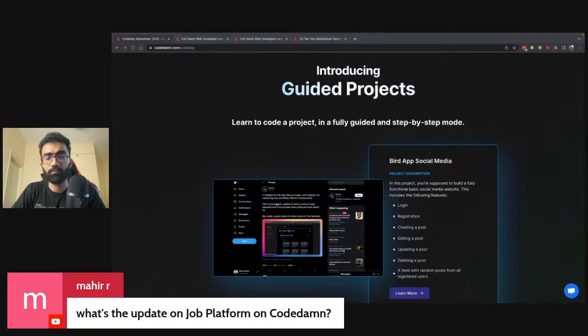What's the update on the job platform on CodeDam? Like I mentioned, jobs is something which will take us some time to fix, because once we roll this out, we would not want to keep jobs specific to, let's say, India only, or a specific country only. We would want to tap into the opportunities of remote jobs. So it will take us some time to figure out all the nuts and bolts, and even contact these companies